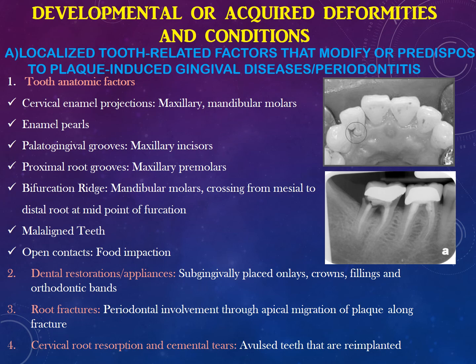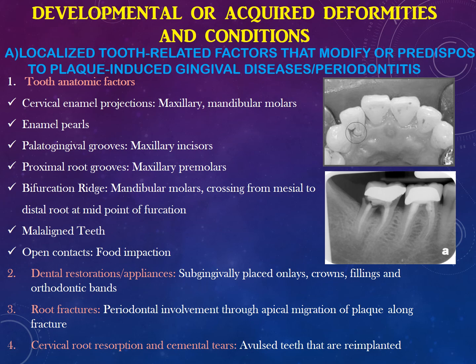Tooth anatomic factors are basically malformations in the development of the tooth or in the tooth locations. They are associated with increased plaque accumulation, attachment loss, bone loss, furcal involvement, especially when they are combined with poor oral hygiene habits. So the main tooth anatomic factors which predispose to periodontitis are cervical enamel projections, which are predominantly